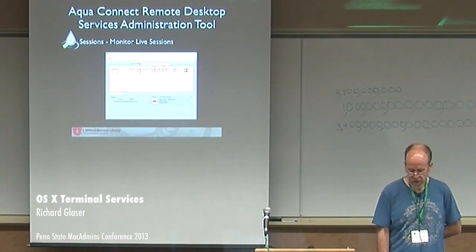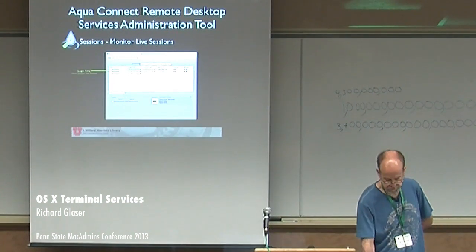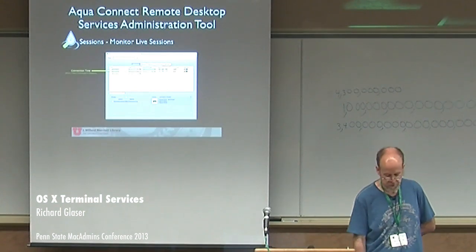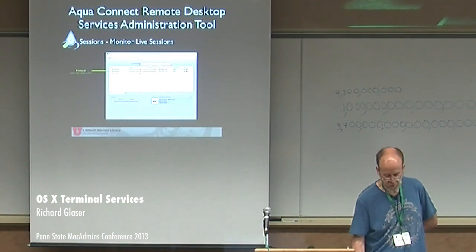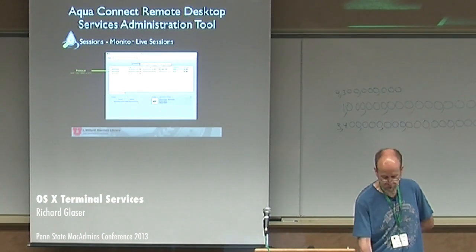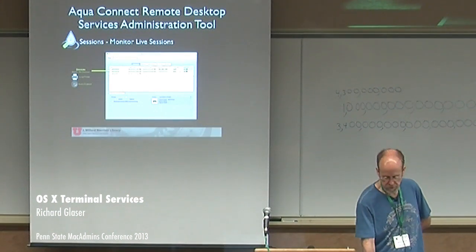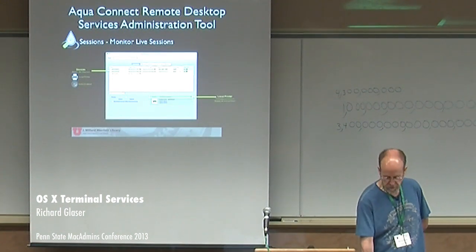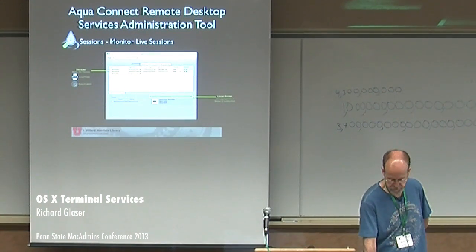First, I'm going to talk about the monitor live sessions view. You have a list of all the usernames, the connection time when the user connected to the session, the last time the user was connected to the session, and the protocol they're using, RDP or AFP. We're not supporting VNC and X11, so in our environment we shouldn't see those. The devices are basically the printer or if they have audio enabled. This will give you more details on the printer, like the local printer setup. If they have a full local printer setup, you'll have a pop-up menu there where you can see those types of configurations.